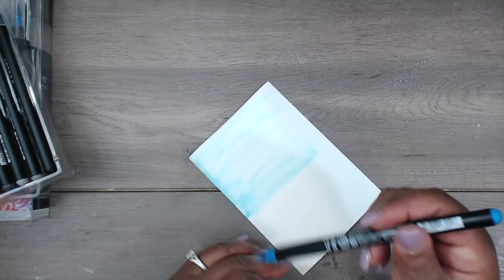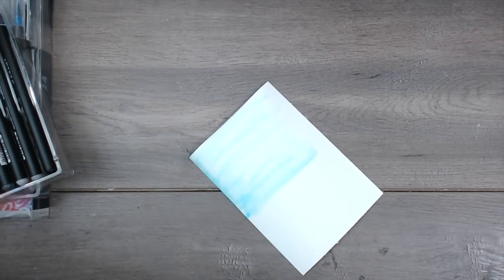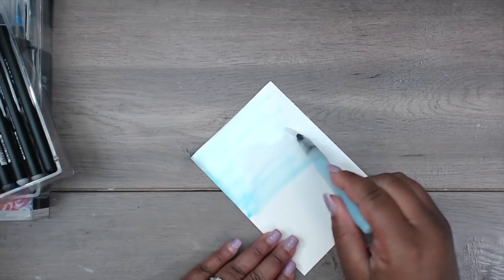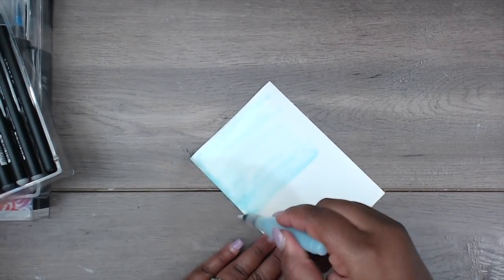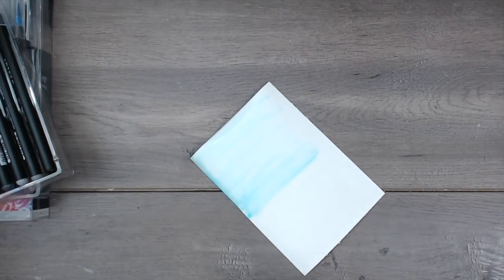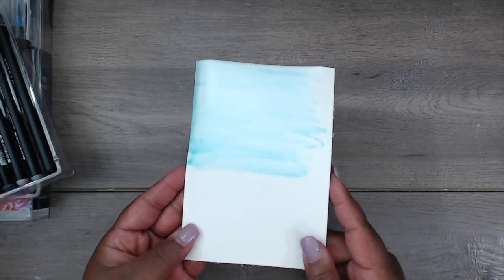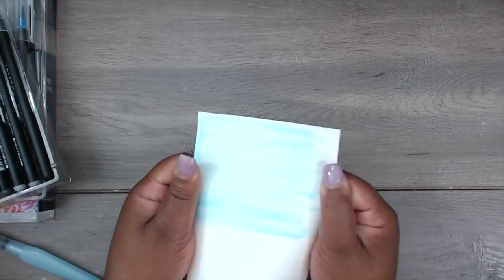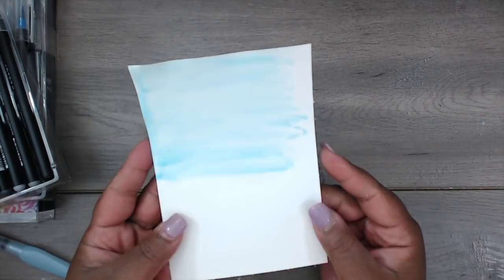Okay. And then I'm going to thin that out just a little bit. I want it to be a light color. All right, this is what we have. So I'm going to hit this with the heat tool really quick. All right, this is nice and dry, and that's a really pretty